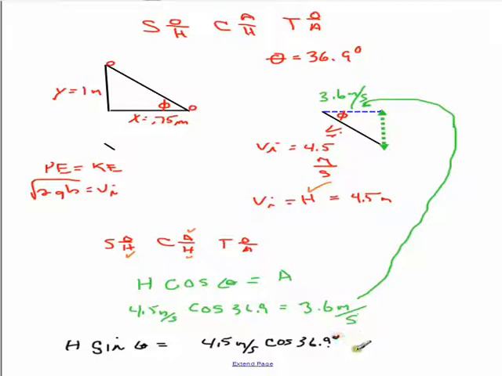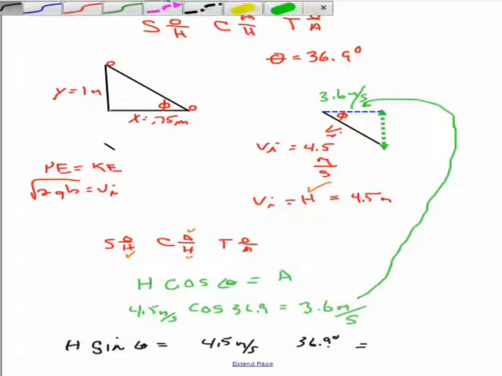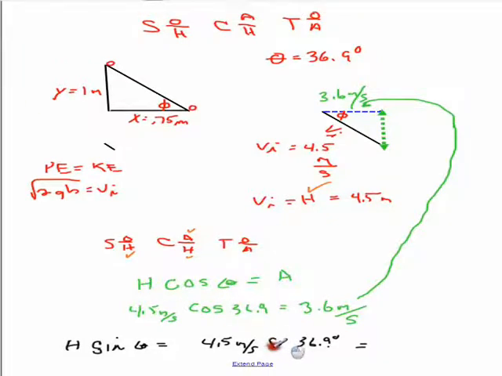And this answer is going to come out to, oh, lost my head a second here. Should have been sine. So the sine of 36.9 times 4.5 gives me 2.7